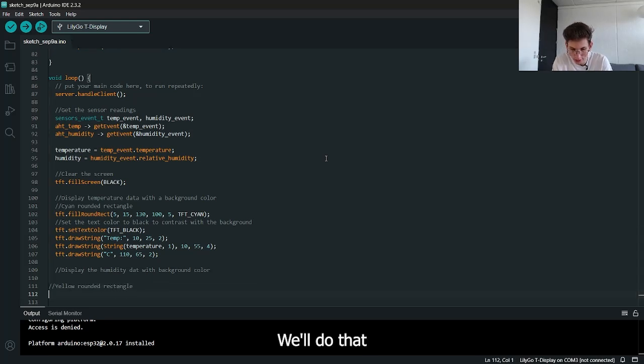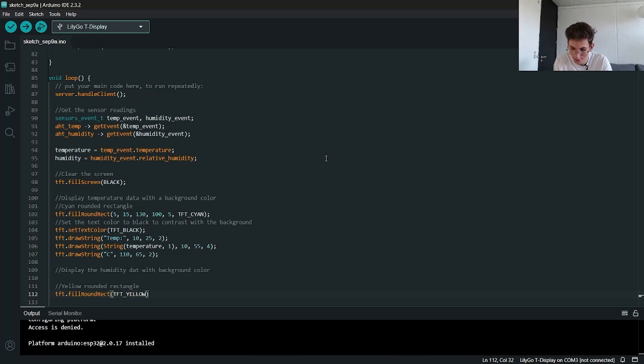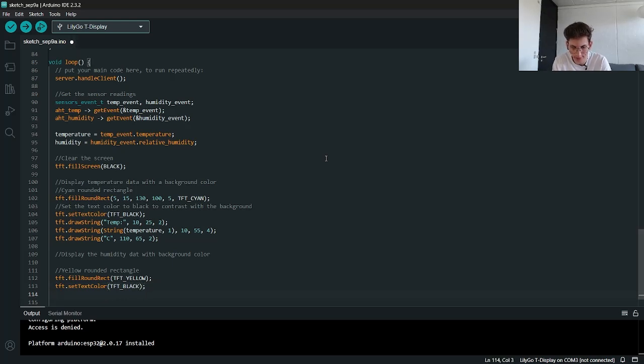We'll do that by aligning everything first of all, and then of course TFT fill round rect, and we're going to make it TFT underscore yellow. We set the text color to black,